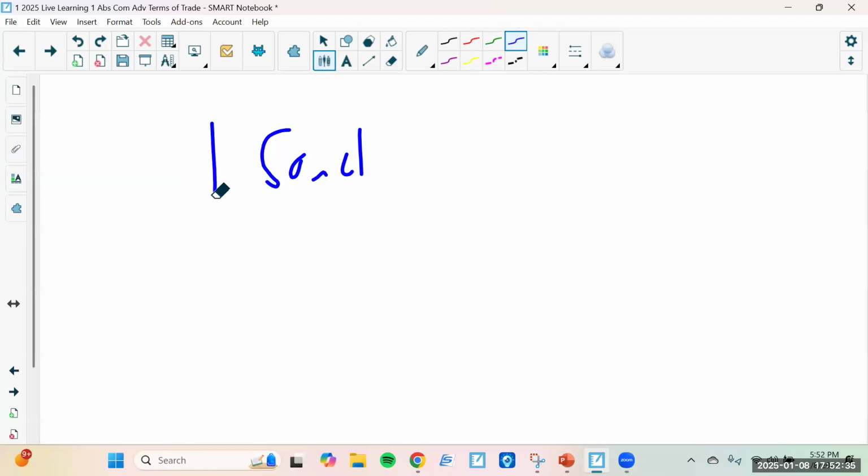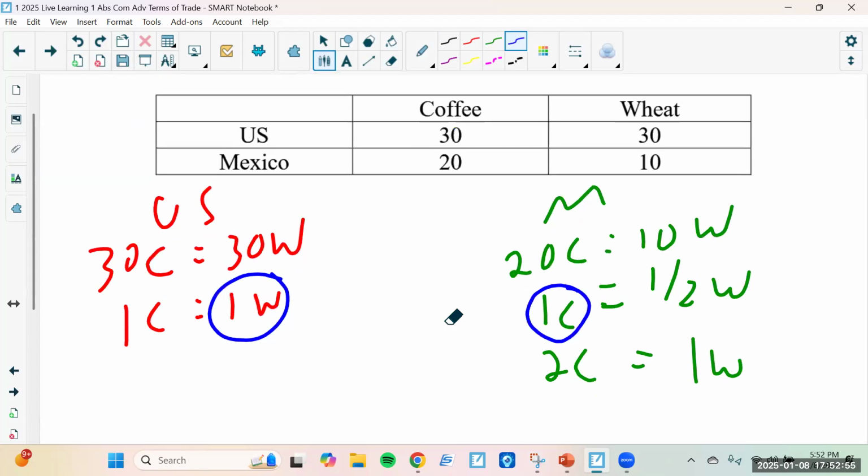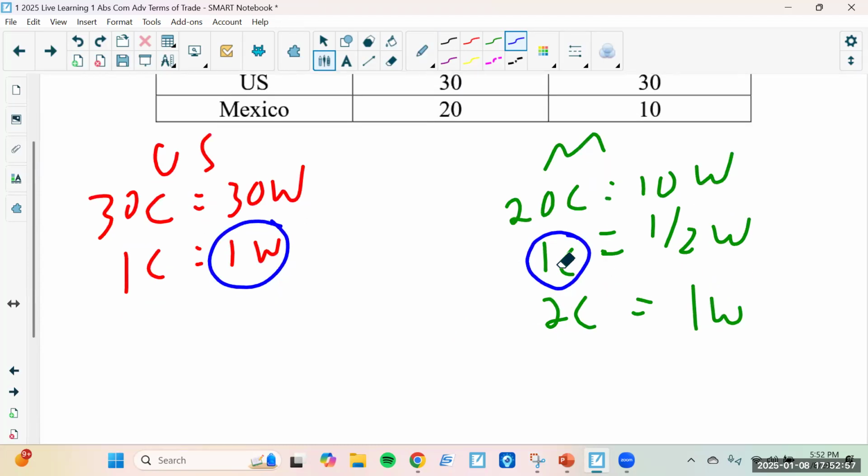Let's say you've got this sandwich and you want to trade for chips. Well, how many chips do you want? You want them all. How many chips do they want to give you? As little as possible. The one that's giving always wants to give as little as possible. The one that's getting always wants to get as much as possible. So when we go back to Mexico and the United States, in terms of one coffee,